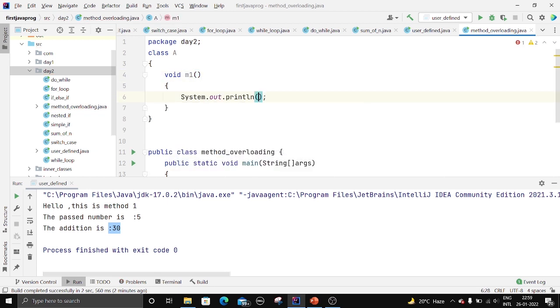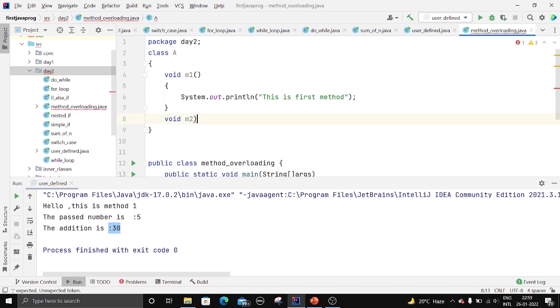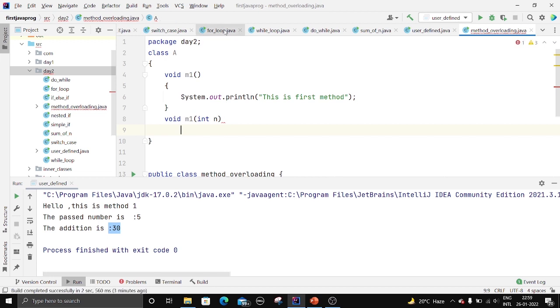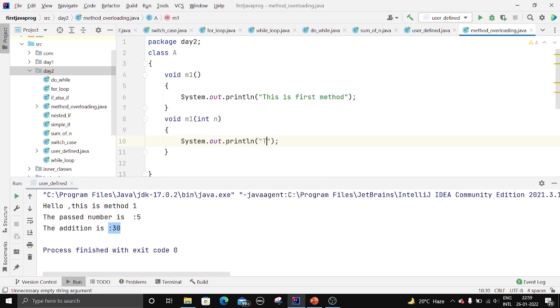Let us write, this is first method, and let us write the same method name, m1, but take a different parameter, int n. So in the first method which we wrote, there are no parameters. In the second method, the same name, just a parameter is added. All right. So let me just add this now, and this is second